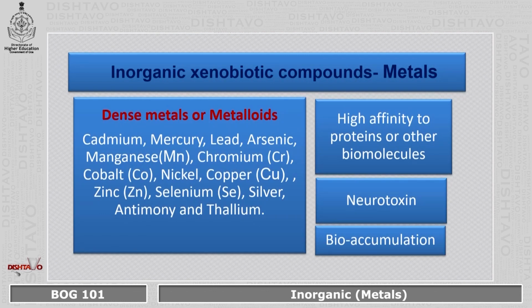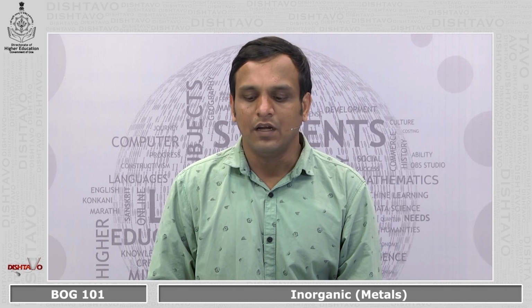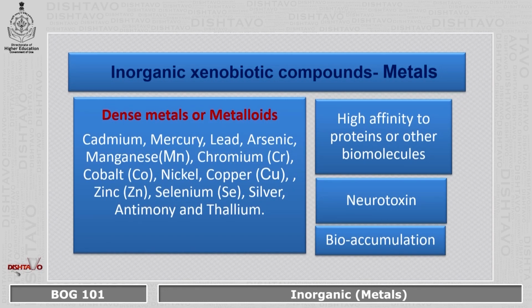Inorganic xenobiotic compounds or metals are dense metals and metalloids such as mercury, cadmium, lead, arsenic, manganese, chromium, cobalt, nickel, copper, zinc, selenium, silver, antimony, thallium. When these metals come in contact with organisms, they have high affinity with proteins and biomolecules. They are easily absorbed inside the body. They are neurotoxins many a times, and they tend to get bioaccumulated into our permanent tissues and bones, which enhances